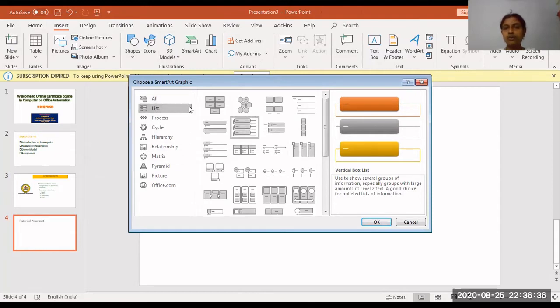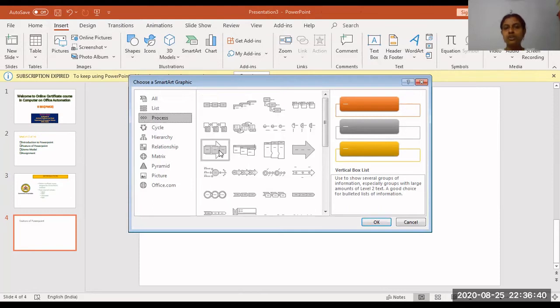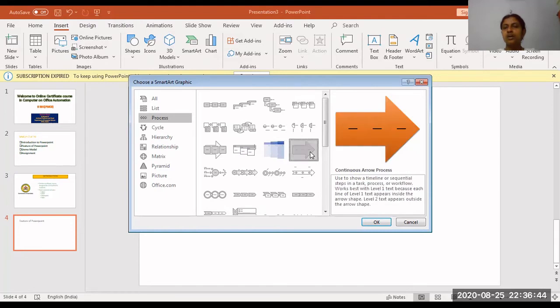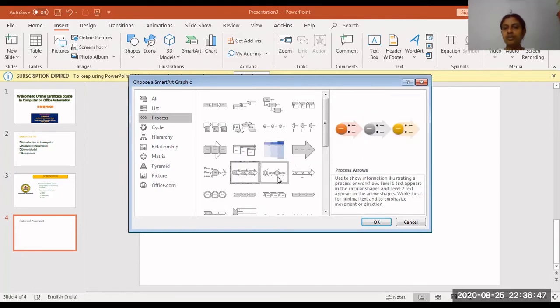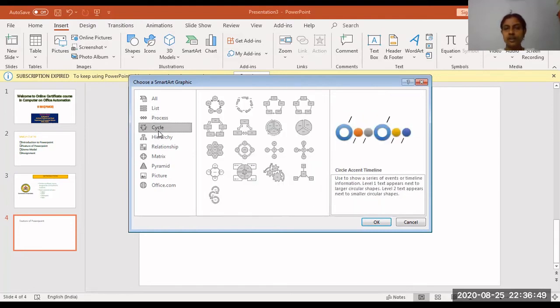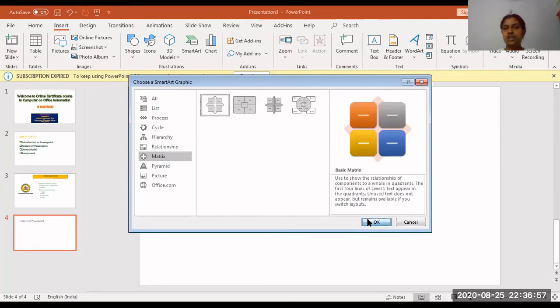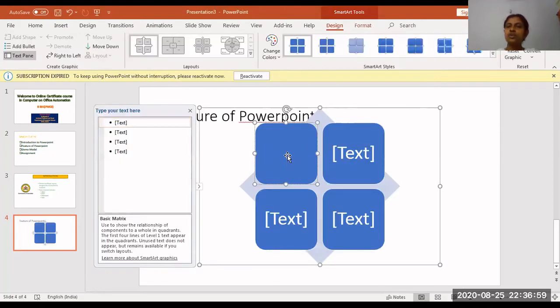Or if you come across, there are varieties of options available to include the features. Like this I can specify my feature, like this, one feature can be included. Varieties of shapes and other things are there, so you can select your choice. So I'm selecting this shape and placing it. I need to type the features of PowerPoint. I am typing: used for presentation software.